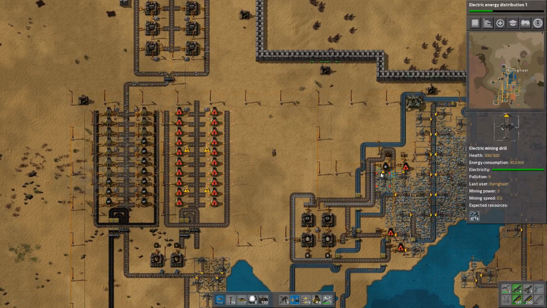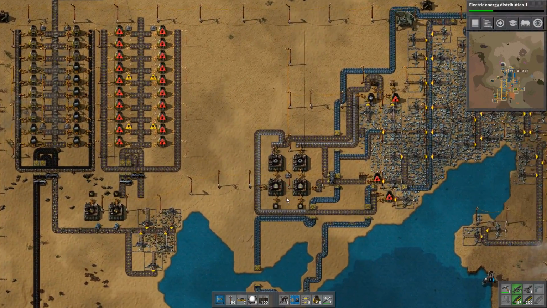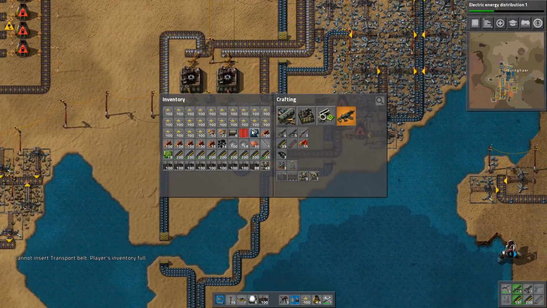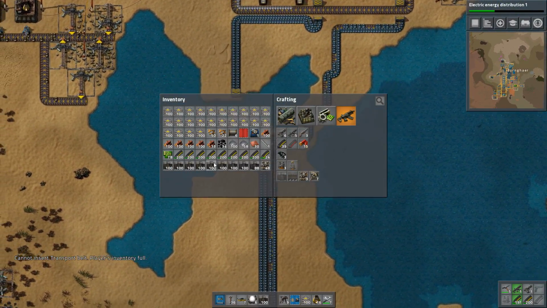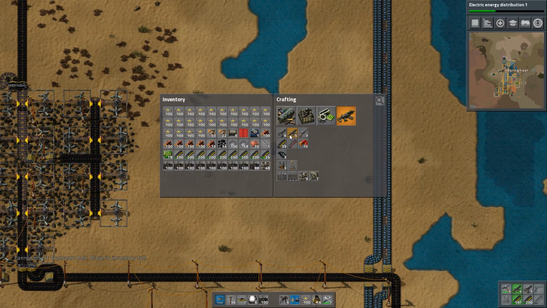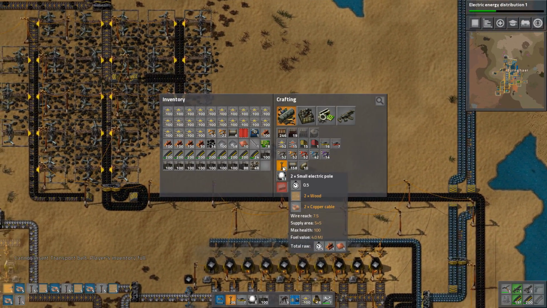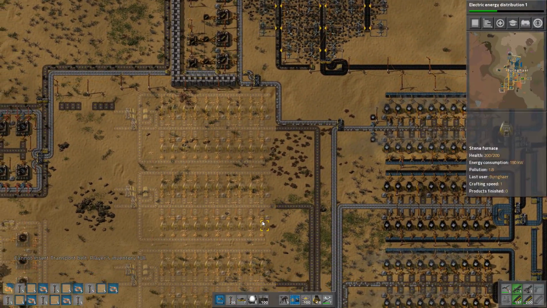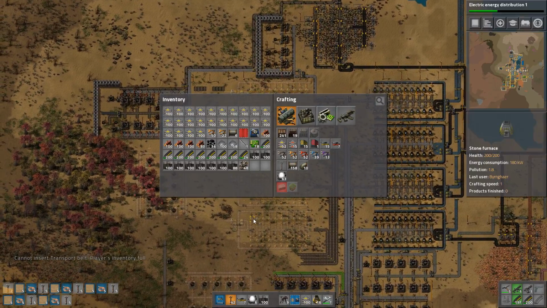At some point we could actually get rid of this as well, because this isn't actually being useful to us anymore. But for now, 2500 belts will be fine. We have... Let us see. We have electric poles. We're going to need quite a few of those. Right, so we're going to be crafting that, and then...